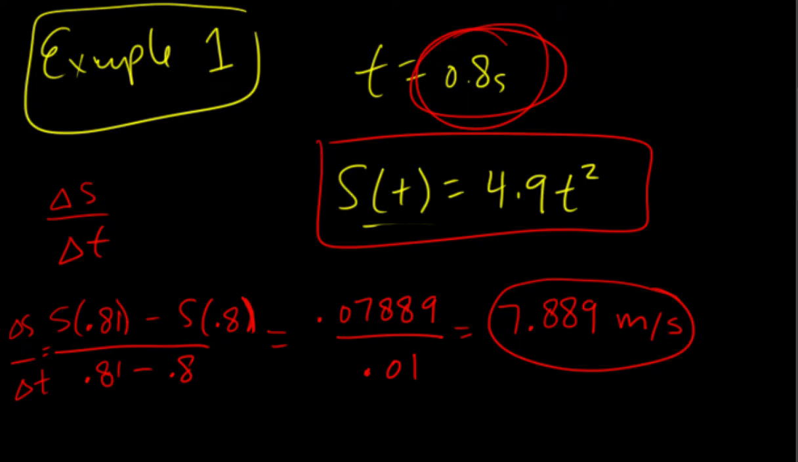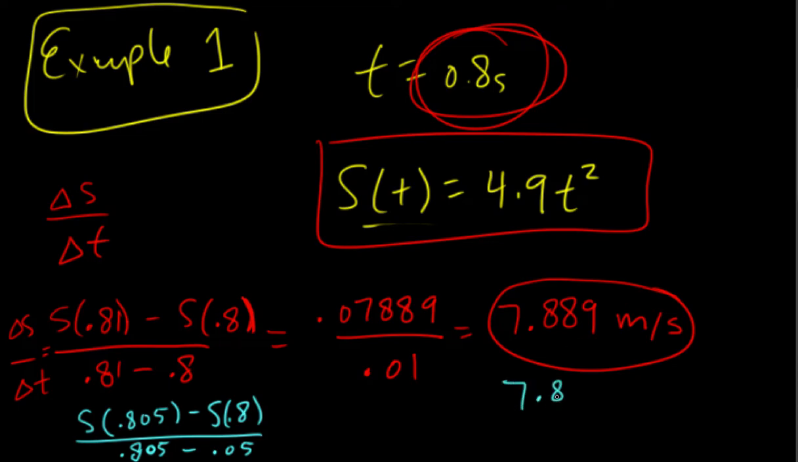Now, I'm not going to go through the calculation, but what we're going to do after this is cut that distance in half. So the next one we're going to look at would be, and so on. Then we cut that in half, cut that in half, cut that in half. And if we do that, you can see the numbers. So we start with 7.889, and then we'll get 7.8645 for